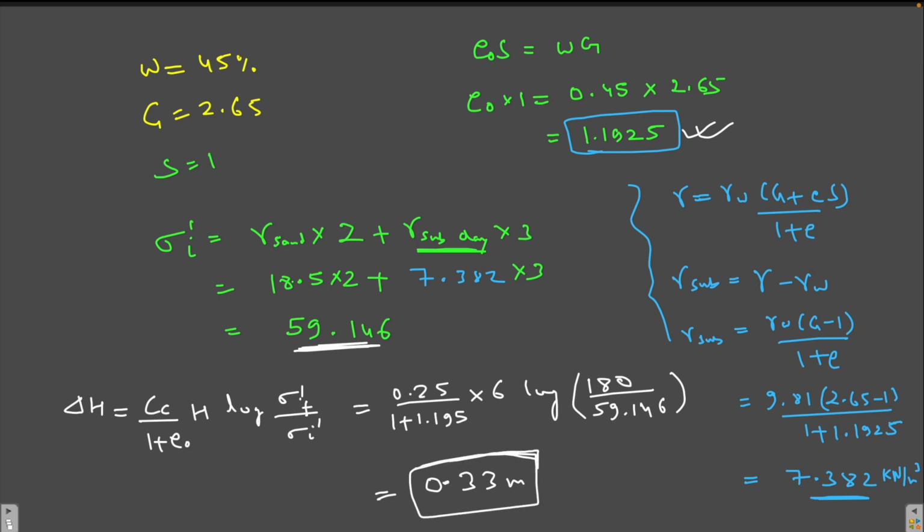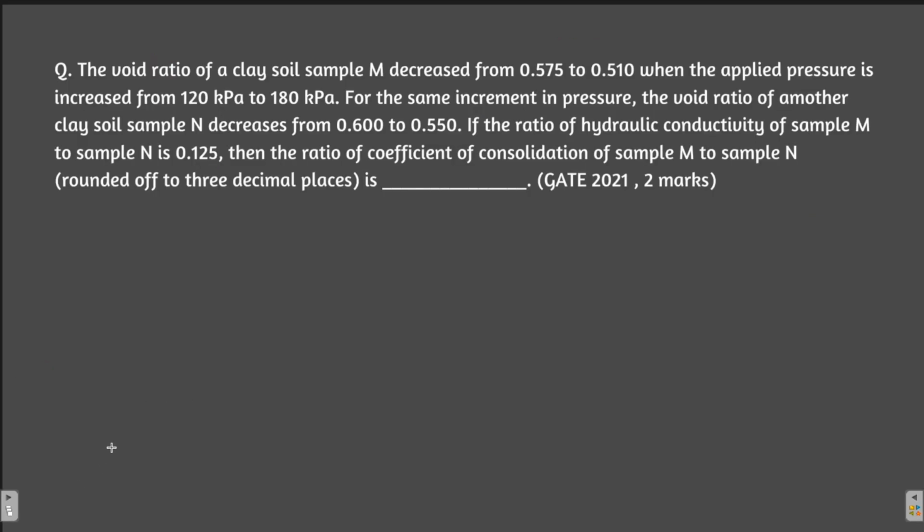This was the most important question the GATE has ever asked you, and a very lengthy one also. There were many things that you have to find out in order to find out the answer. The first thing you have to find out was the void ratio. Then you have to find out the unit weight of the soil, second concept. Then the third concept is that you have to find out the sigma dashed initial, and the fourth concept that you have to find out the settlement of the clay layer. So there were four things altogether asked in one question. So now let's move forward.